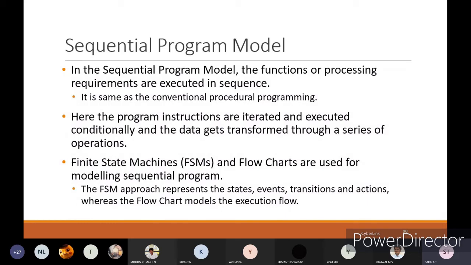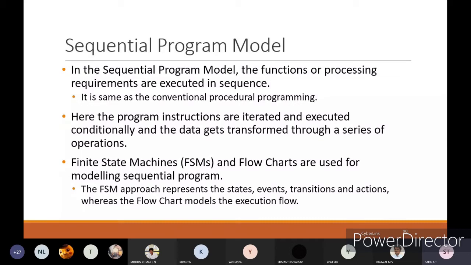First, what has to be done, next what is the step, next what is the step. In that way, the interconnected sessions will be there and it will be continuously running. That is the sequential run, the same as conventional procedural programming.